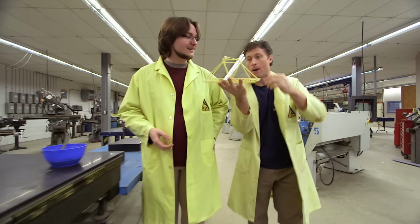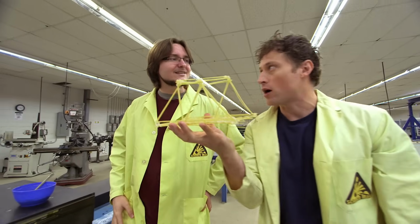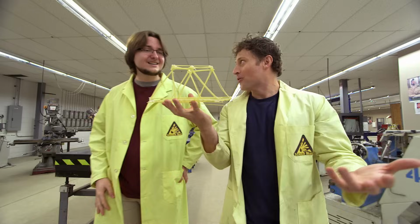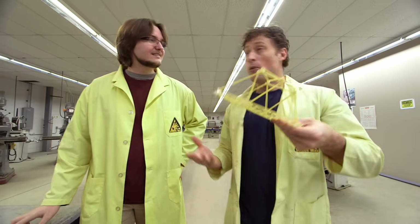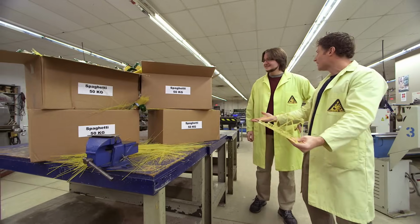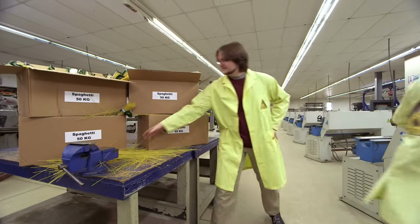I want to max out the pasta bridge. Awesome. I want to make one big enough that I can walk across it. Okay, that's never been done before. I know, right? You think we can do it? We're gonna need a lot of help to do that. We don't need help. All we need is a lot of pasta, which I have. Nice. What do you say? Yeah, let's give it a shot. Okay, we'll give it a shot. Why don't we just take some to start, and then...